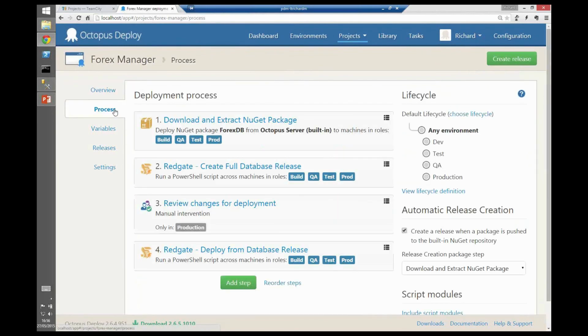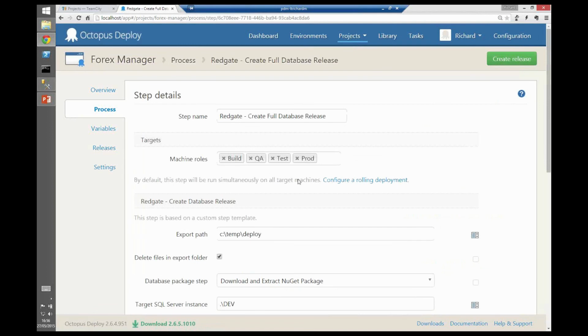If we go back to the process definition, I've got a simple job to go and get my NuGet package. So I've put that onto my Octopus server NuGet feed from TeamCity, and that's going to be the same thing that happens in all the different environments. Next, I've got to create database release. If we go and have a look at that, this is a Redgate step template that's made available to Octopus Deploy, and this is really just reaching into that engine, into that Redgate engine to